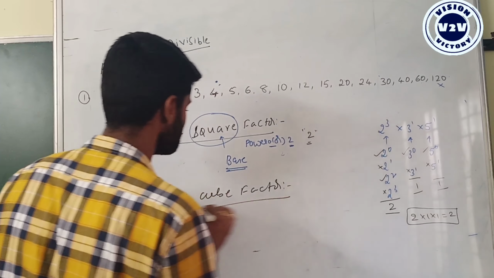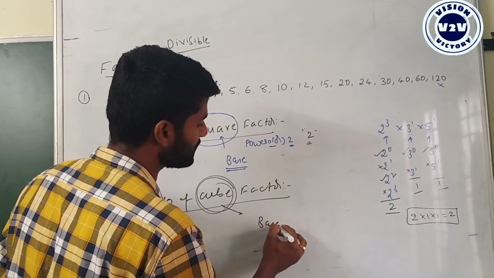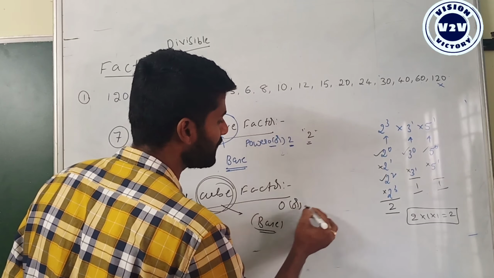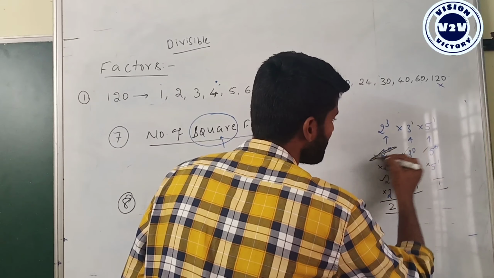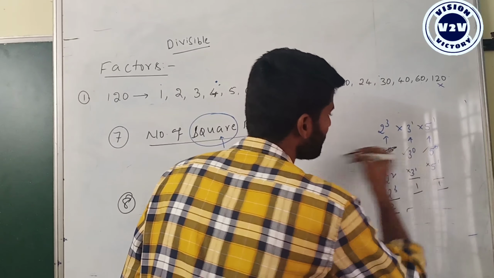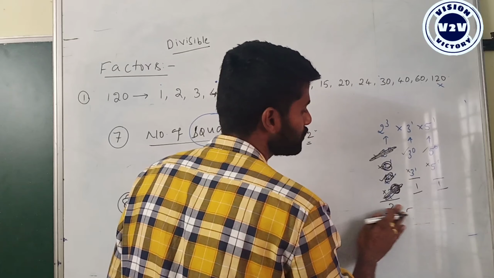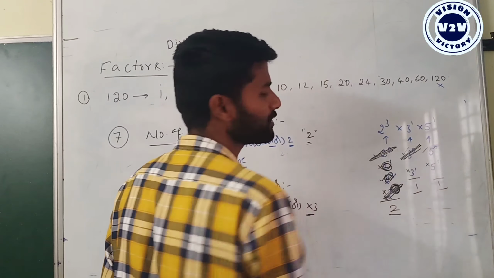Same thing, find the number of cube factors for 120. Same definition. Cube means whatever the base given, if the power is 0 or a multiple of 3, I can call those numbers perfect cube values. Just stick with the same pattern here. We can say that 2 power 0 is a perfect cube number because the power is 0. And 2 power 1 is not a perfect cube number. 2 square is not a perfect cube number. And 2 cube, the power is a multiple of 3, definitely this is a cube number. Again, we get 2 numbers. If 3 power 0, the power is 0, a perfect cube number, and power 1 is not a cube number, again we get 1 number.